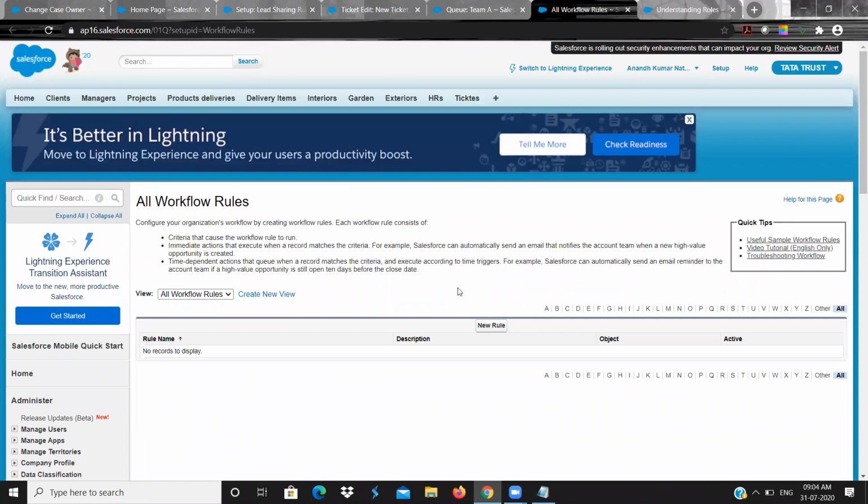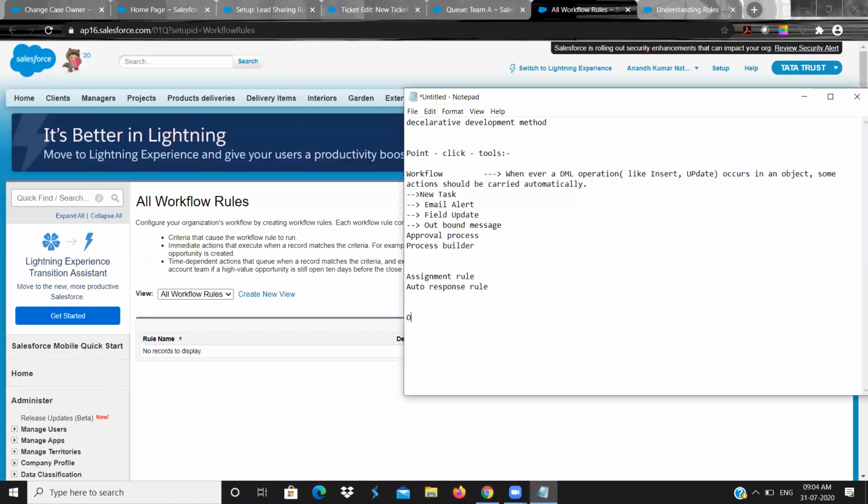So first thing is, if you want to create a workflow rule, you need to know a few things. What is my object? That is the first thing you need to know. If anyone asks you to create a workflow, you need to ask them what is the object and what is the criteria, the condition, under what condition this should execute, and what is the action you need to perform. These 3 things are important to create a workflow.